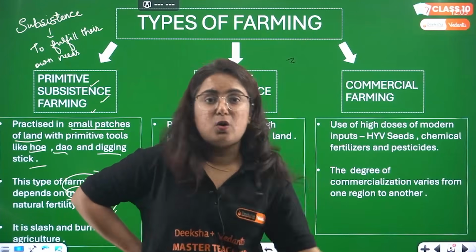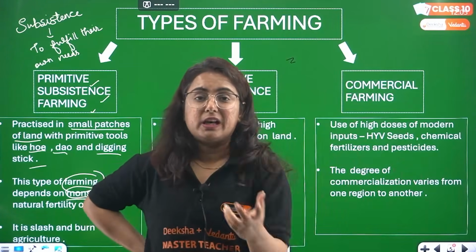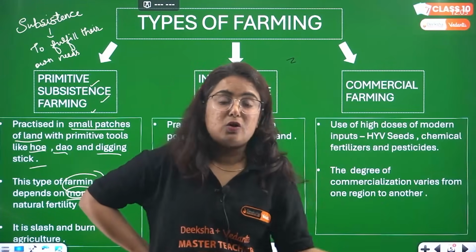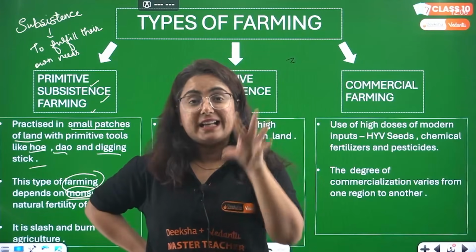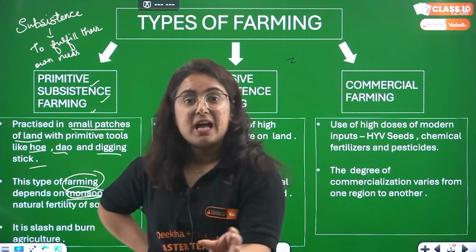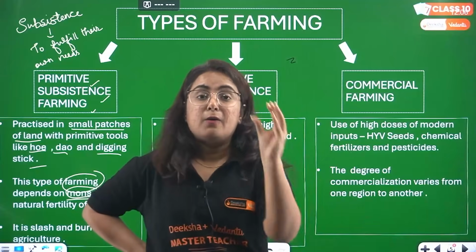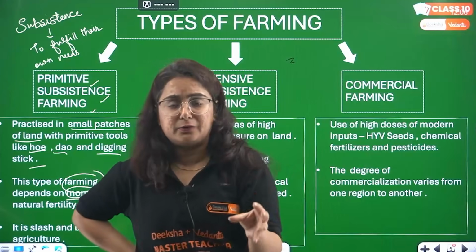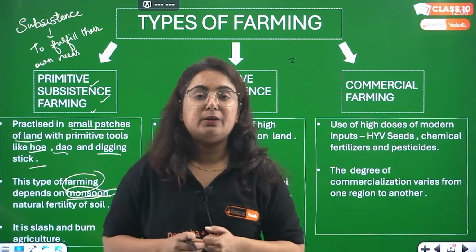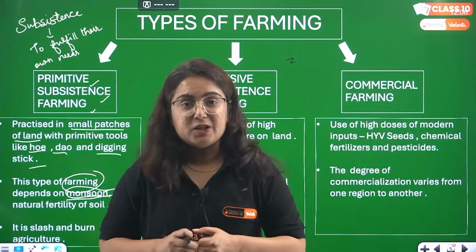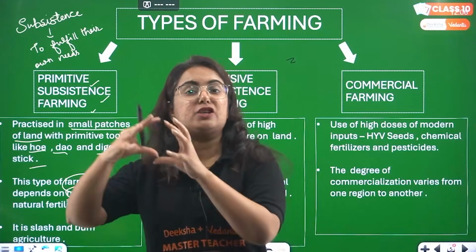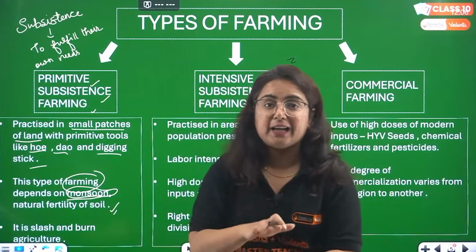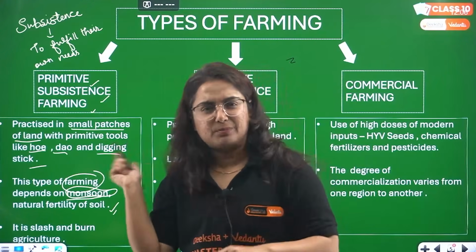So beta, that process goes on naturally, like nitrogen fixation, all that we have studied in what, beta? Science. So that process goes on naturally, but you know that every natural process needs time and space. Like if you are regularly growing crops in the field for the entire year, will the soil get time to regain the fertility? No. And hence you know that we have one example of an age-old practice in India, that is slash and burn agriculture. Again, I know in class 8th you mugged up this definition.